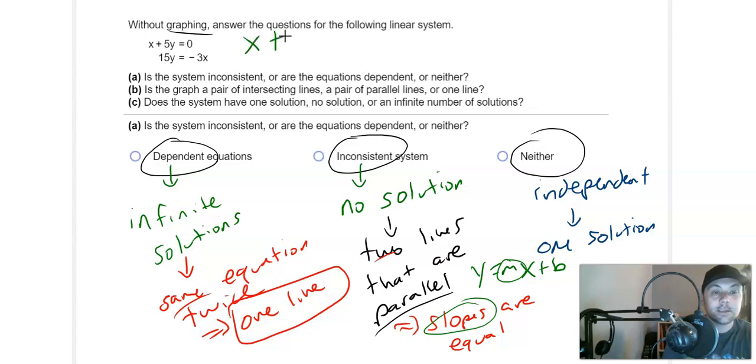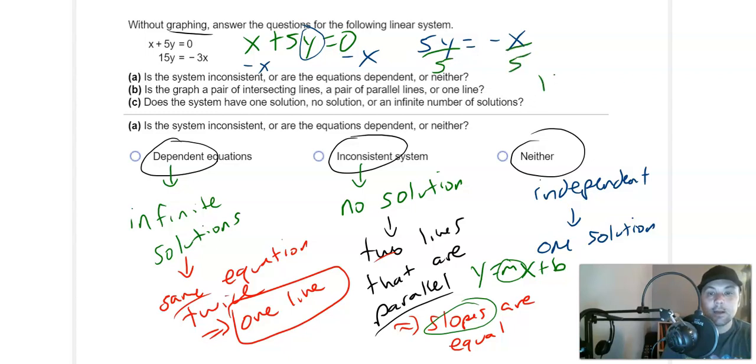We have x plus 5y is equal to 0. So we want to solve this for y. So we want to move everything else to the other side. So I'll subtract x to the other side. I get 5y is equal to negative x. I divide by 5 on both sides. And I get y is equal to